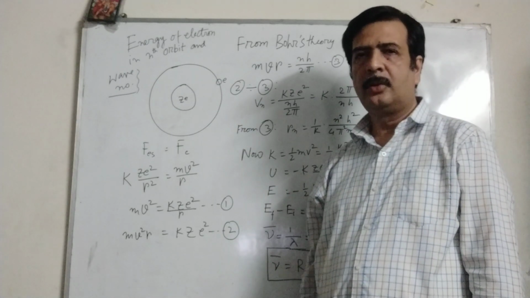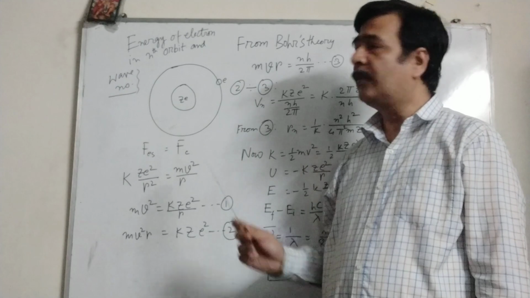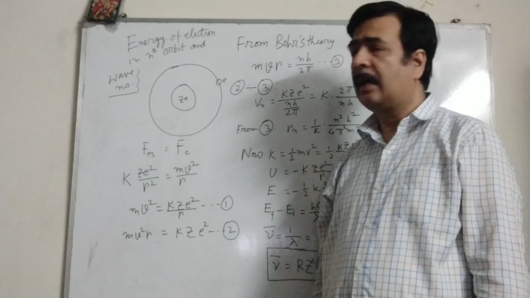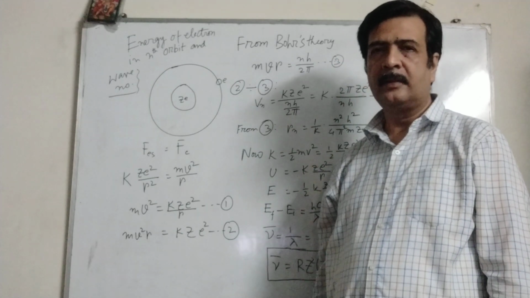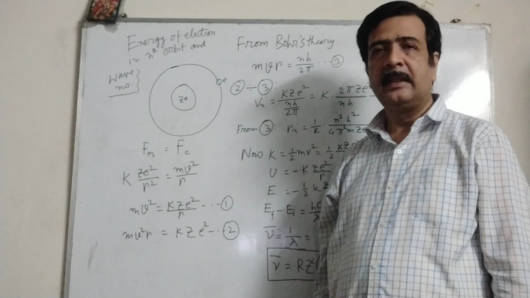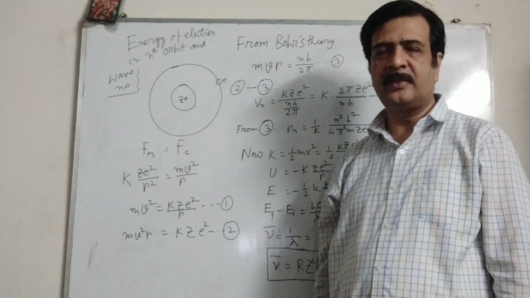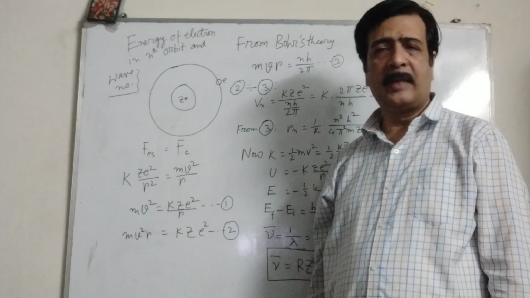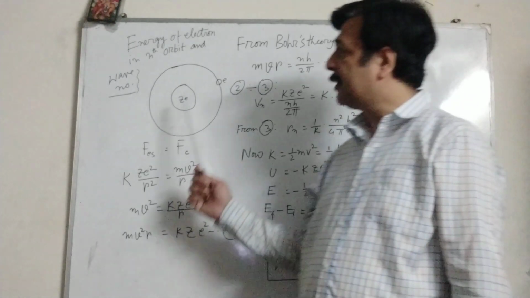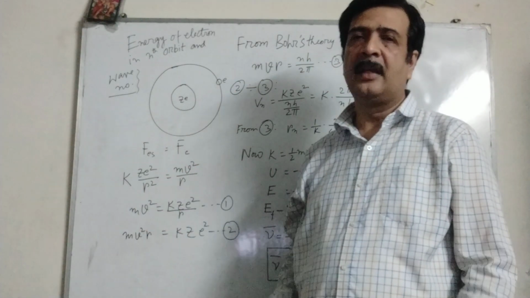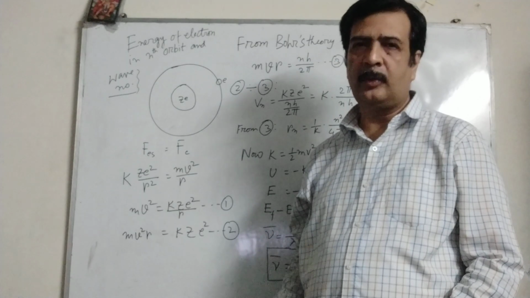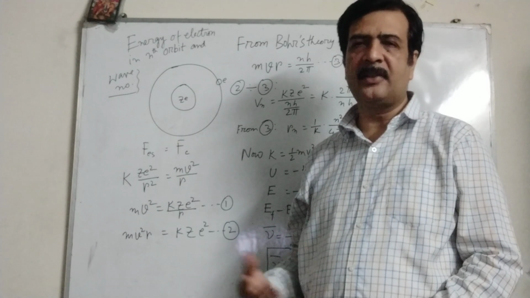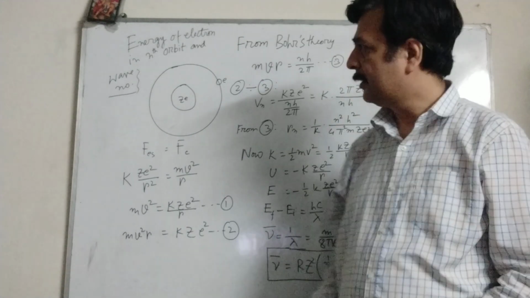Hello students, today I will discuss the energy of an electron in the nth orbit, and also how to calculate the wave number. If we calculate the wave number, then obviously we will get the idea of the spectral series. You know the spectral series: Lyman, Balmer, Paschen, Brackett, Pfund. So about this spectral series also you will have an idea. Actually you learn the formula, but how to derive the energy and the wave number, and to get the spectral series, that is my aim.